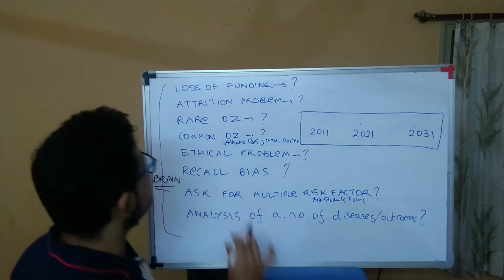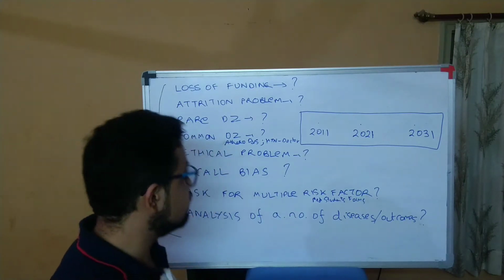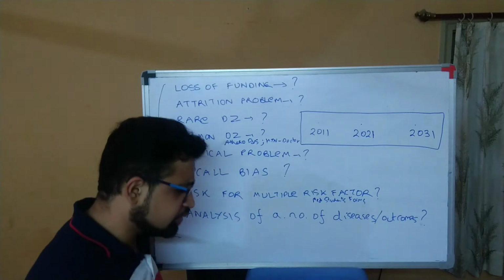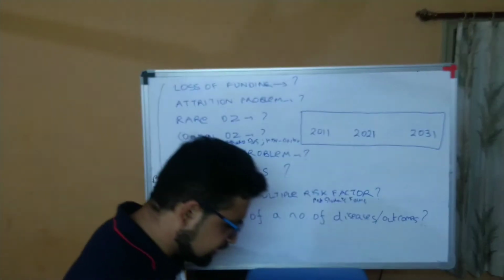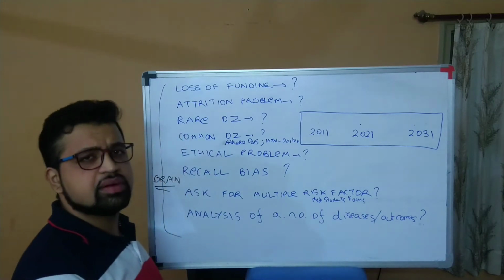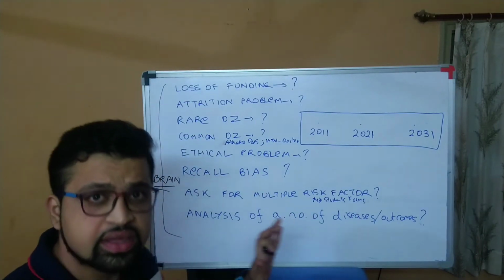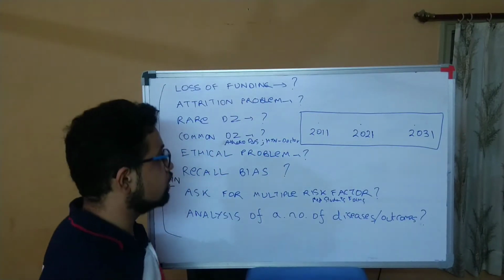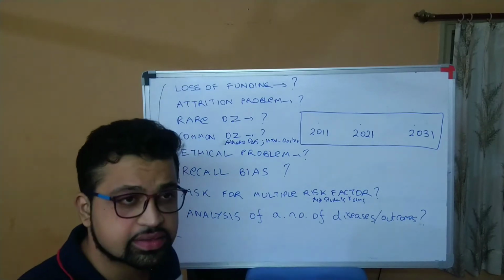Just imagine, in which trial would you get the loss of funding, or need more time or money? Would you get it in case control? What do you do in case control? Let us take the example I gave. You take 100 patients, give them 100 photocopies, 100 rupees, finished. You don't need any funding. So would you get loss of funding, or more time or more money, crores of rupees required? No, you won't get it in case control.